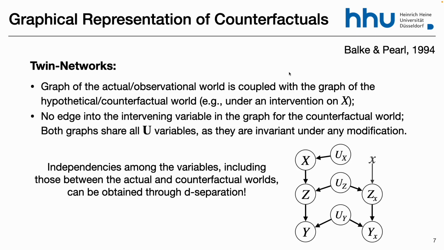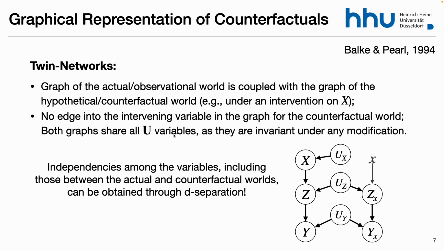Suppose that I have three variables, x, z, and y, and each of them has a u. So the u's are important now, so I'm giving nodes for the u's. You could put bidirected edges, it doesn't matter, but I want you to see the u's. Why are the u's important? Because they should be invariant across all these multiple realities, because you never intervene on the u's, supposedly. I mean, you are imagining interventions on real or observed variables. So the u's should be all the same across all these different realities.